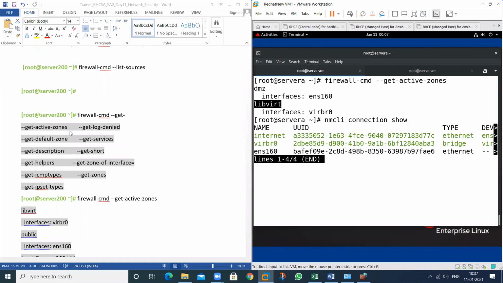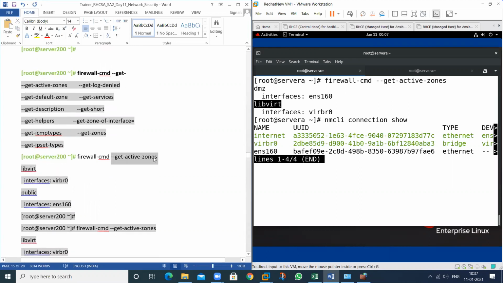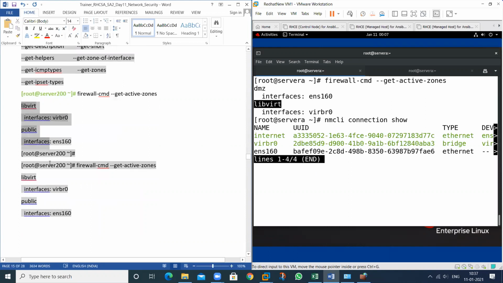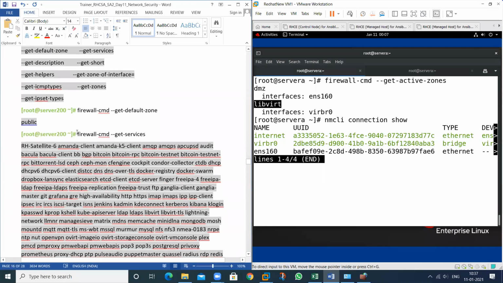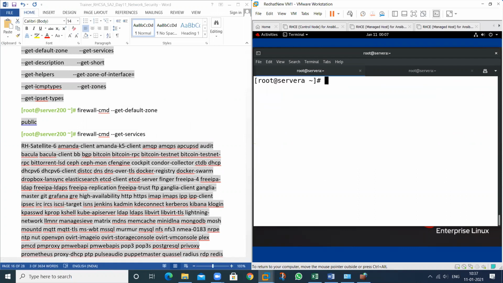So you can use all the commands related to get. This is the command related to get. If you want to check the active zone, these are all the active zone information you can check. So you can list information, get information, and see what the services are and what your default zone is. If you want to check the default zone information, you can also check.